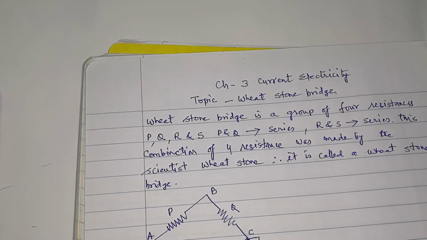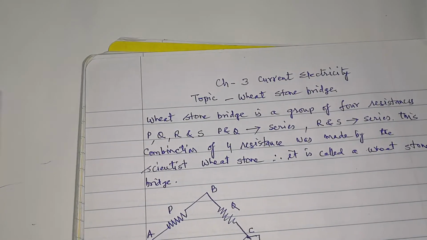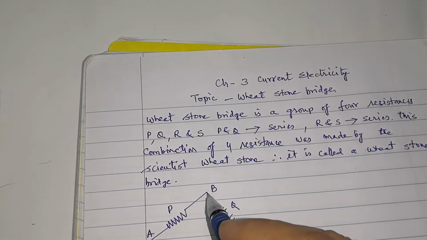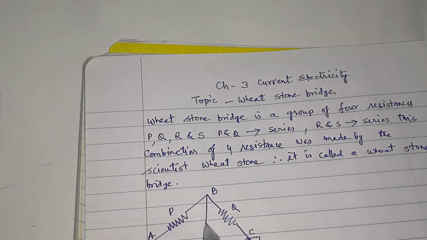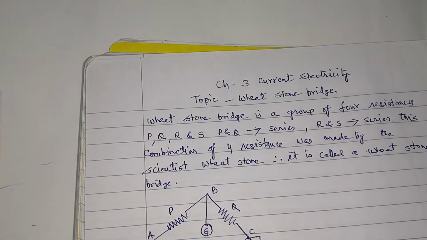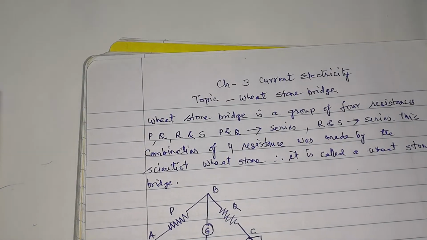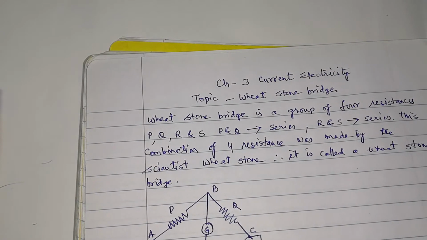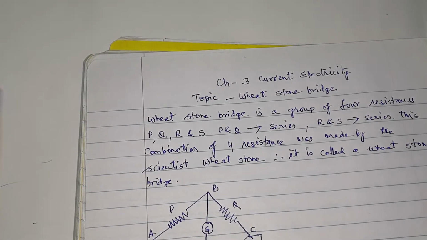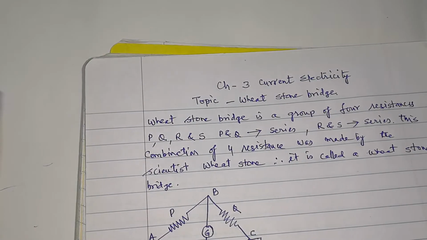This is the battery key, and we find that one galvanometer of resistance G is connected across the vertical diagonal points B and D with a tapping key